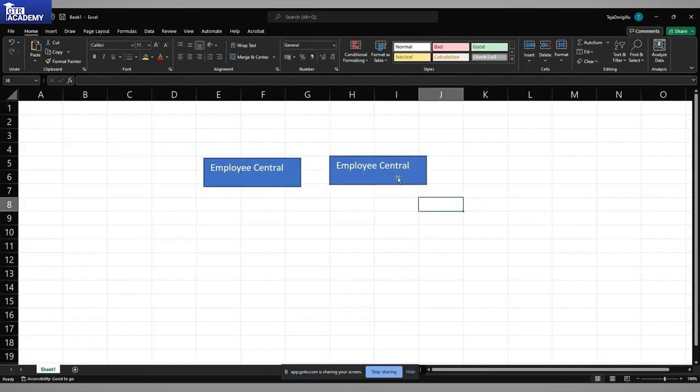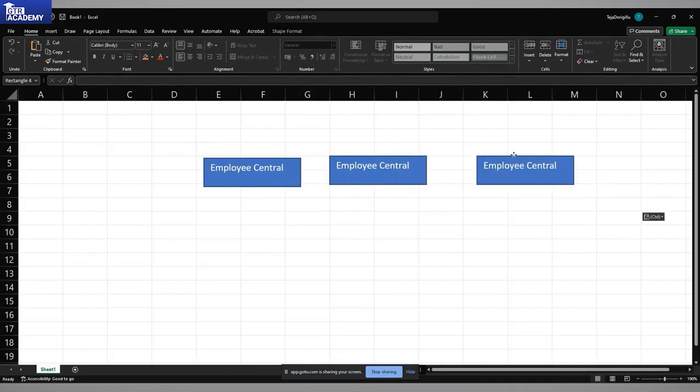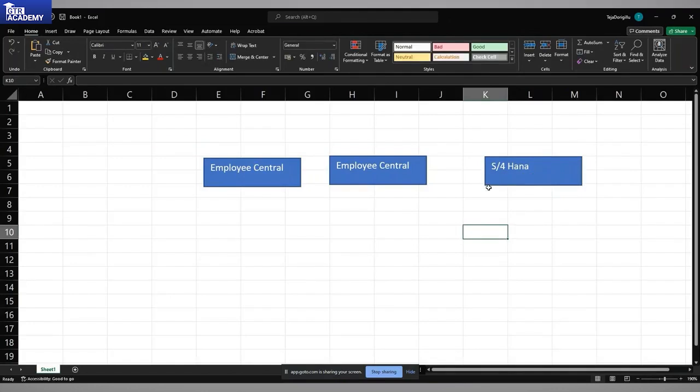Now the other one is this, S4 HANA finance. Let's call it HANA or MM or SD or PS, whatever, any module can be. Now what happens here is, first mini master data will go from